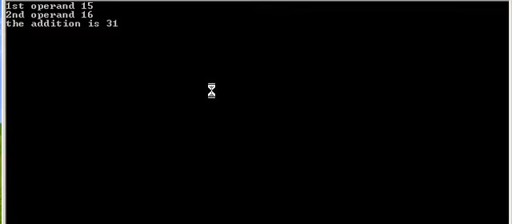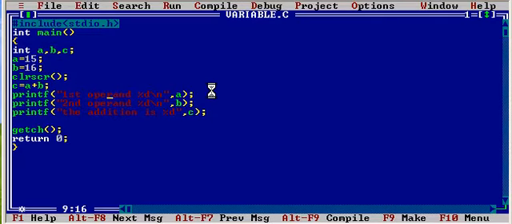Now you can see how we will get the output: first operand, second operand, the addition is 31. As you all know, in the place of the first %d, variable a will be placed. In the second %d, b will be placed, and the addition is done. In this last %d, the value of c will be stored. Now we have done addition.